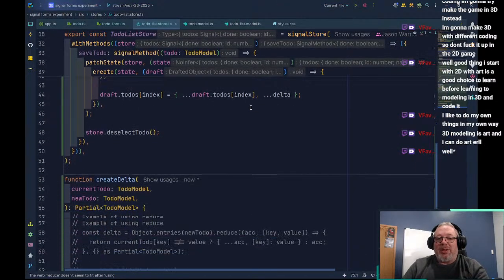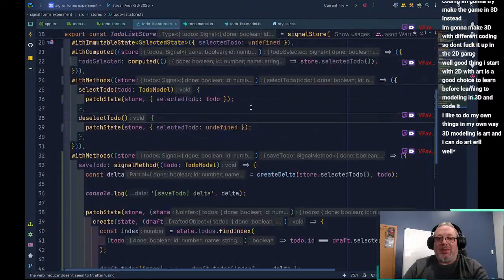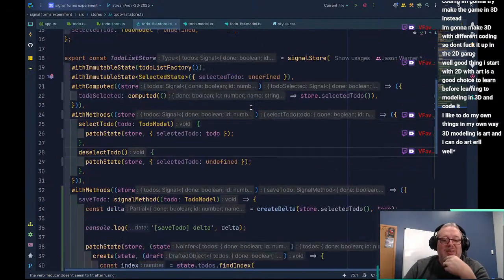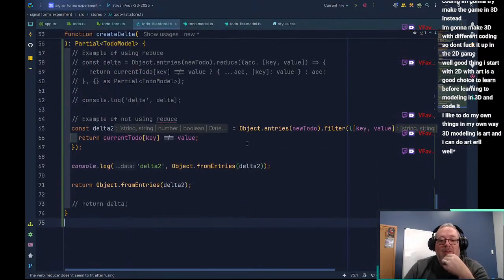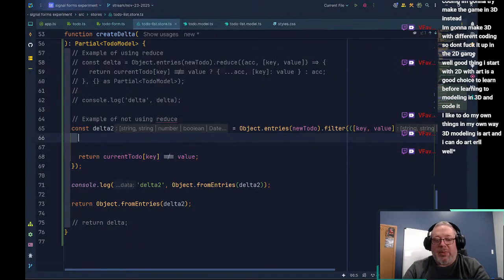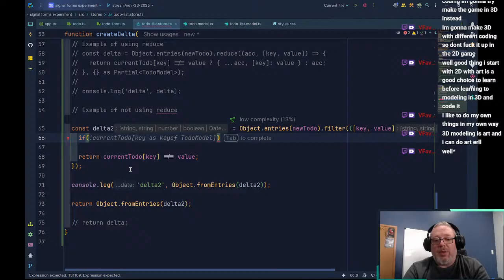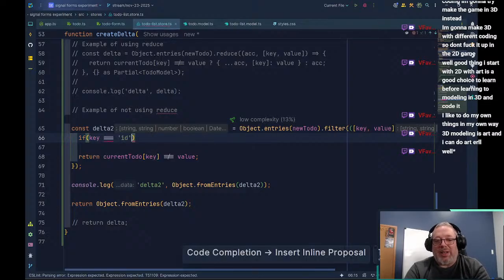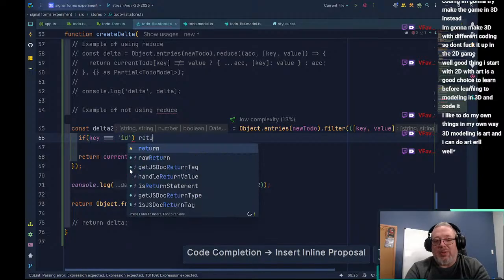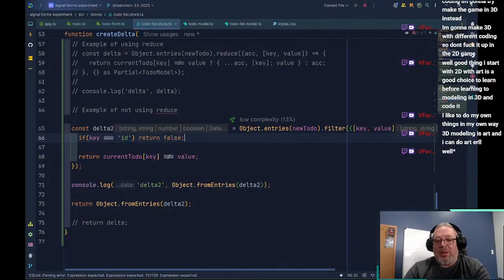I think the best way to go about doing that is just right here. What we can do is say, hey, if key equals ID, we're just going to return false, because we always want to filter out key.